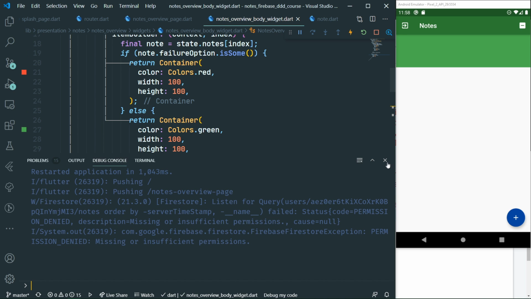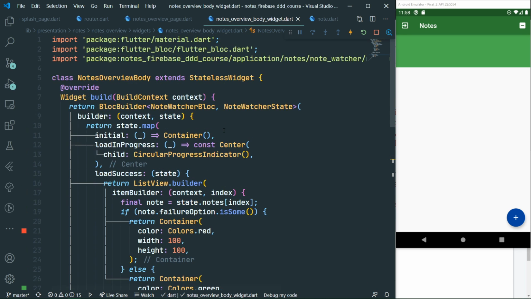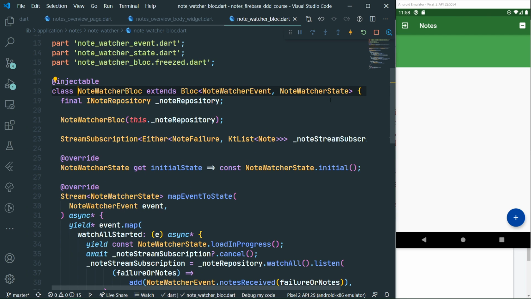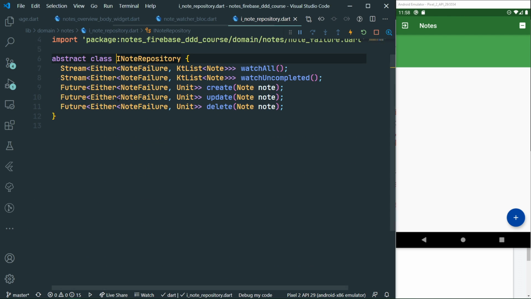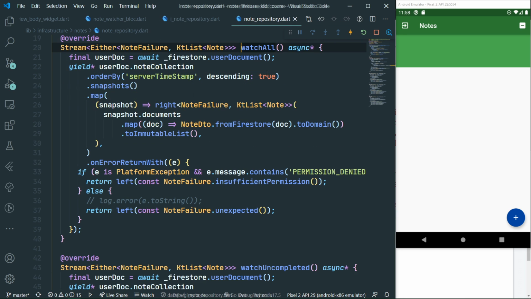Because if we take a look at the node watcher block, then inode repository, then watch all, Control and F12 to go to the implementation of the watch all method. Here, if we take a look at the map function and at the on error return with function, or the continuation, or however you want to call it,